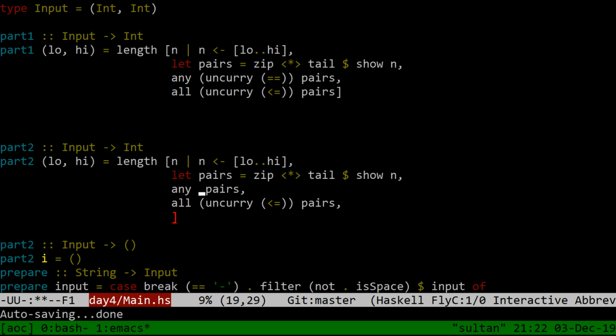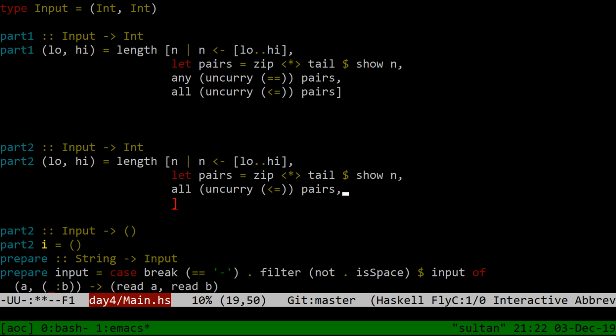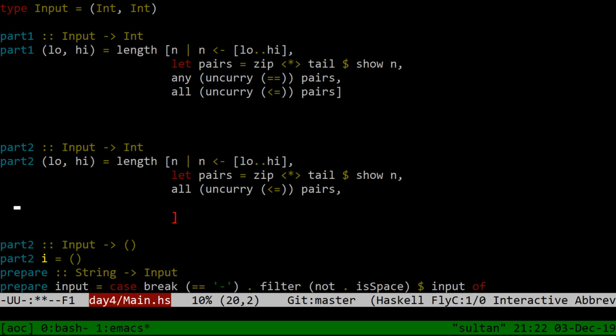Okay. What we should have done to begin with was run length encoding, and then just look for, does the list contain a 2? Right? Yeah. So we'll remove this any uncurry equal and say,